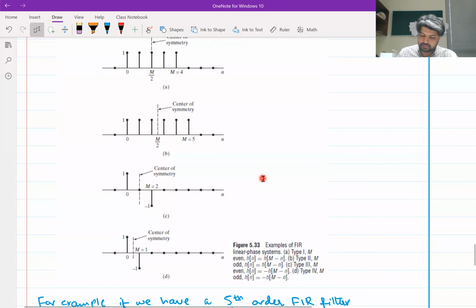This is one of the pictures taken from the book. This is type 1 filter centered around m by 2. This is type 2 filter centered around m by 2. This is type 3 filter centered around m by 2, which is an integer. This is not an integer. This is type 4 filter centered around m by 2, which is a non-integer. These type 3, 4 are odd symmetric. These type 1, 2 are even symmetric. So I would stop